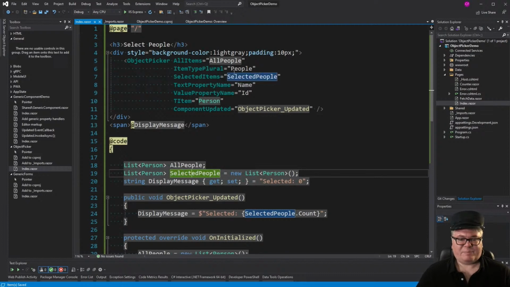The item type plural is people. If the object were called customer, this would be customers. It's not used for reflection at all. It's just for UI. But you can't assume that the plural of person is persons. Nope, it's actually people. Now I have my text property name, my value property name, I have my T item,